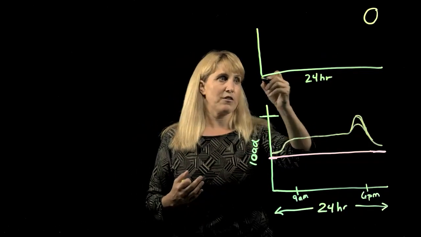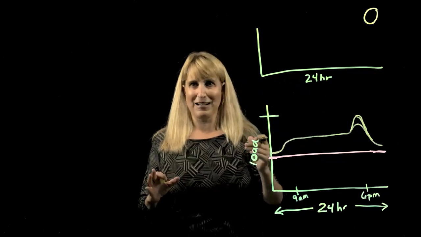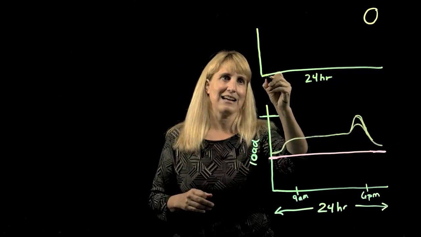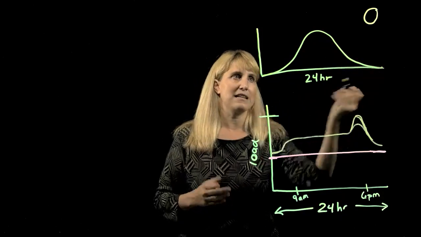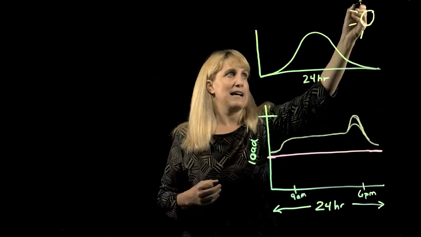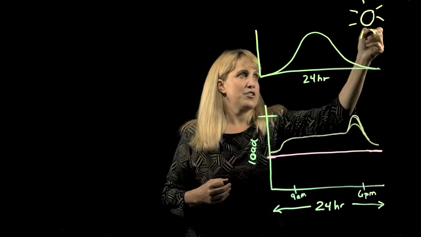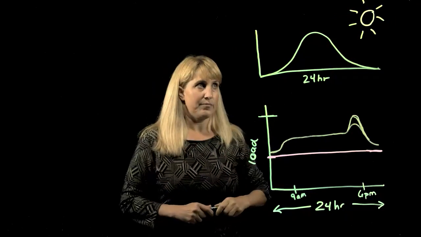So for the solar, within a 24-hour period, we know it's probably not going to be available in the middle of the night unless you're living in the high Arctic, and that its maximum availability is probably going to be in the middle of the day. So you see something like this. So assuming that you have a nice sunny day, this is the type of generation profile you might see from solar in a particular market.